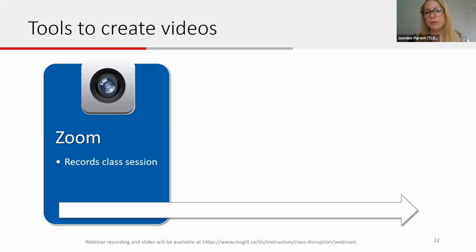If you log into the platform through My Courses and record from there, when you're done, that recording is automatically saved within the lecture recording system in your course. So the pros are that it's relatively straightforward. You can use features like screen capturing or the whiteboard to interact with your material. The con is that it's somewhat limited to recording what's going on in that moment only. So it doesn't really give you any opportunity for editing or adding any additional media like annotations or animations, pictures